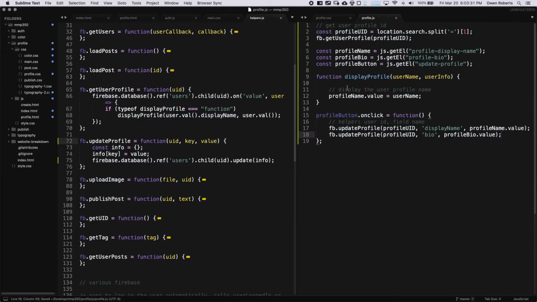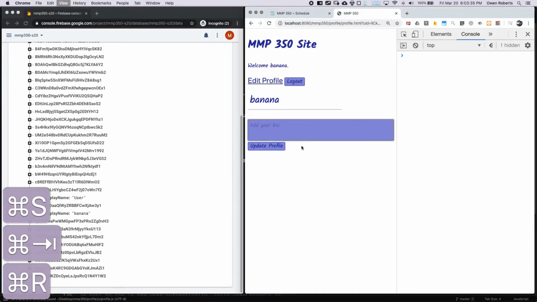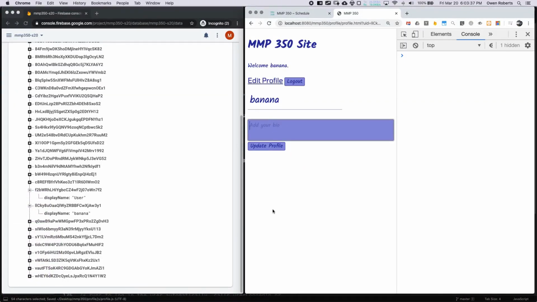It's not going to display yet, but it will update it in the database. So let's take a look at that. I'm going to refresh, and I'm going to say, hello, I'm a banana. And then update profile. There we go. There's our new data. So you can actually make that do anything you want. I can say